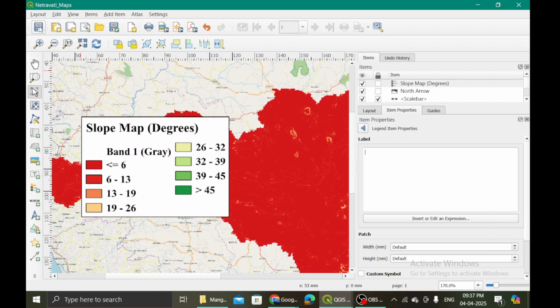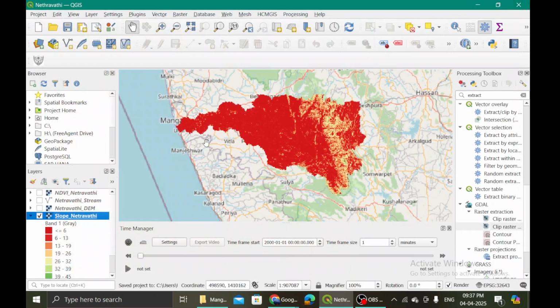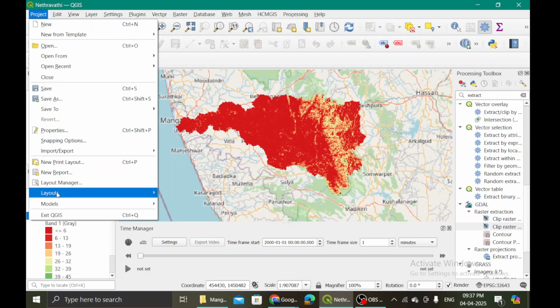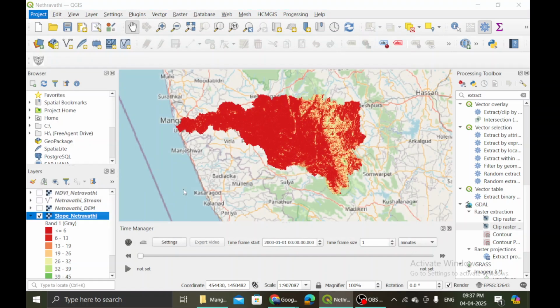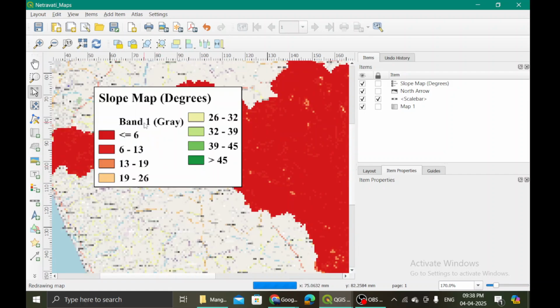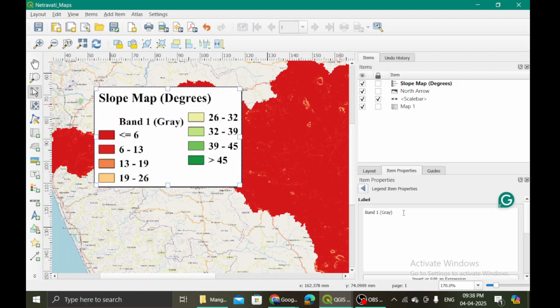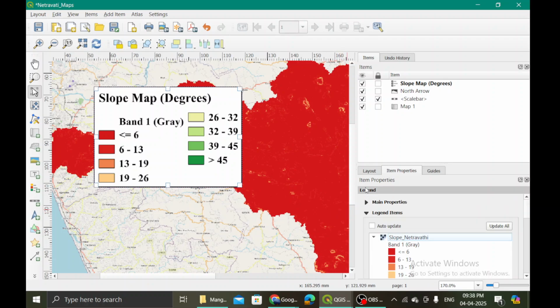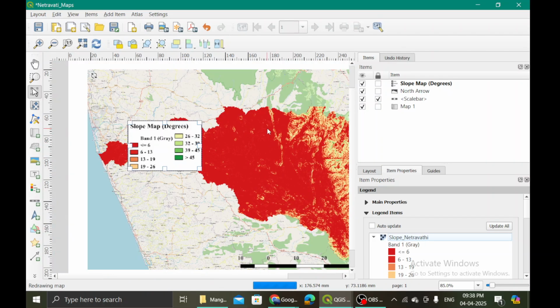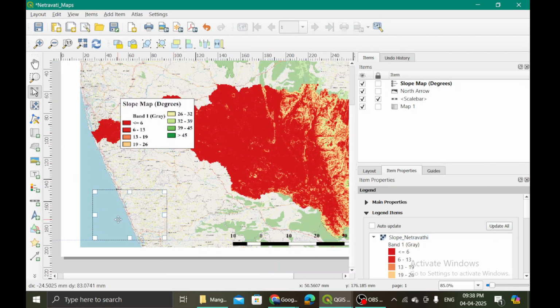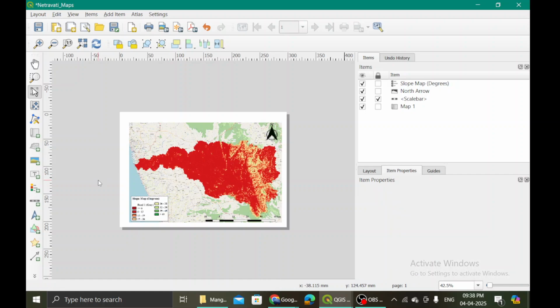Let me save this layout. And then close it down, and then again open the layout which is here. Okay. So I'm trying to remove this and one. If this doesn't go for now, then we'll just leave it. Yeah, we will leave it. Okay, so I will bring this legend and tuck it over here. Seems fine. Legend has come.